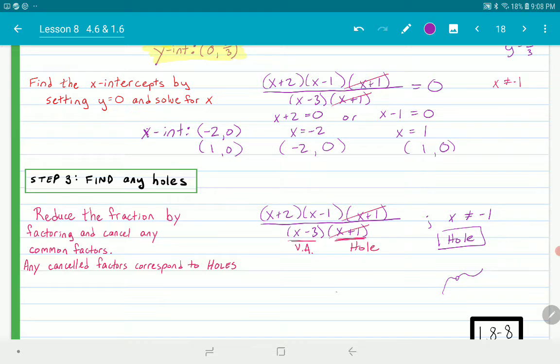And the way I find that is by saying, well, I'm going to do an alternate function instead of our actual f of x. I'm going to call it reduced function. So that's if our function was this reduced one. Let's pretend just for a moment that it doesn't have that x plus 1 there. I know that at x equal to negative 1, I want to know what y would be. So plugging in negative 1 for x,